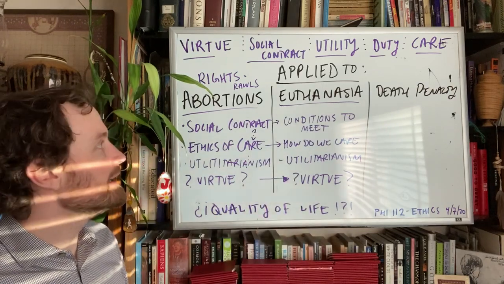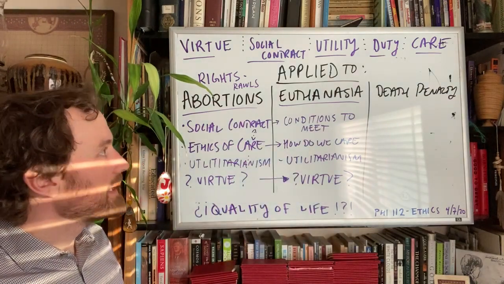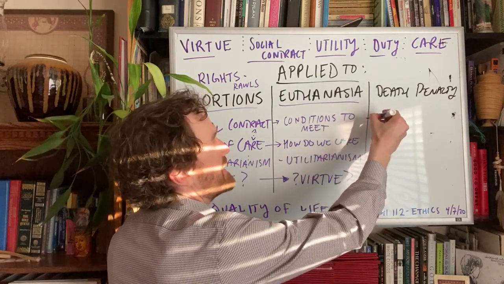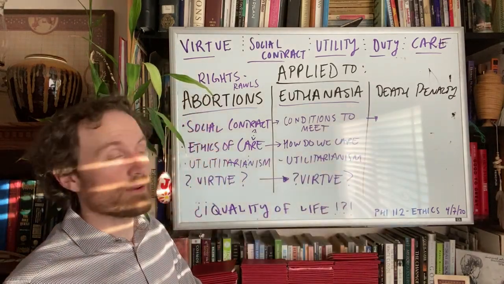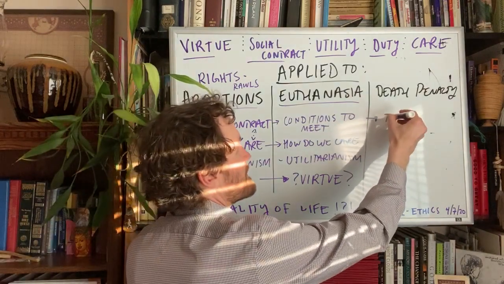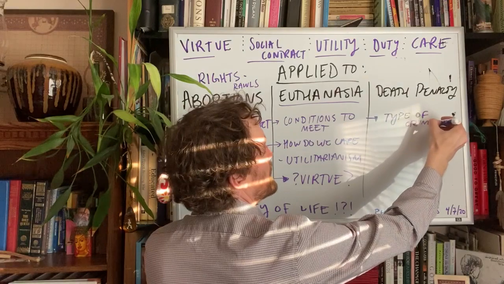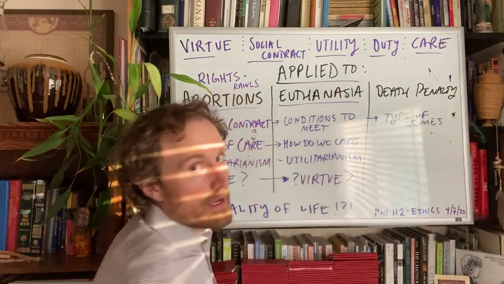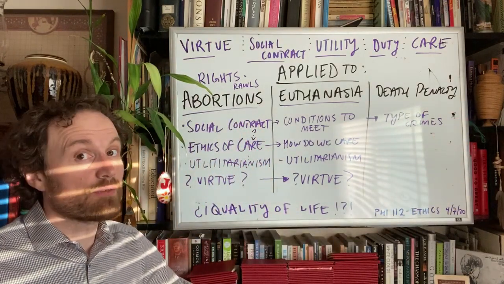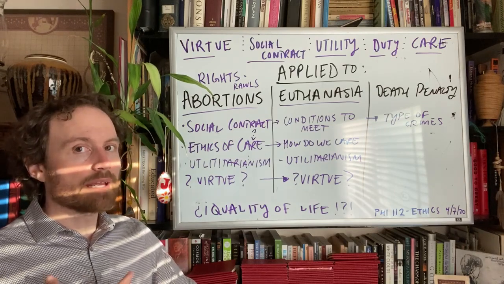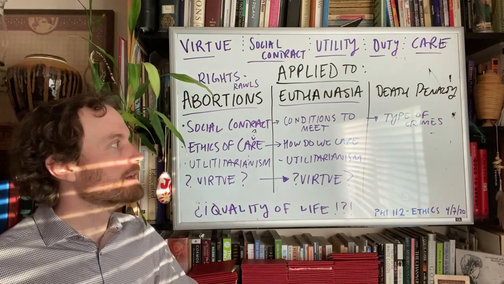The death penalty, again, we're going to look at the social contract, again, is going to be the conditions to meet or the type of crimes. There were some really interesting questions about what kinds of crimes would warrant the death penalty and what kinds would not. There's different places in different parts of the world that think differently about that, and whether or not we can come to an agreement, I'm not sure